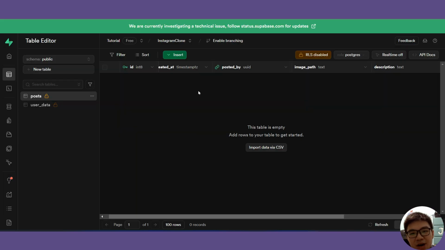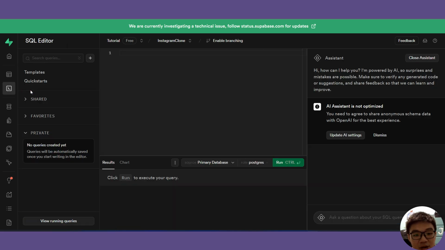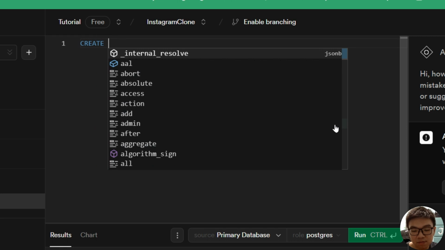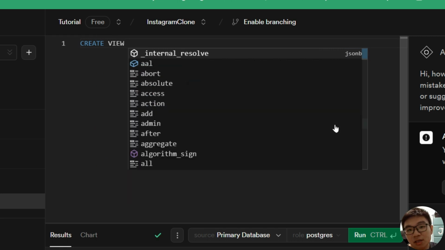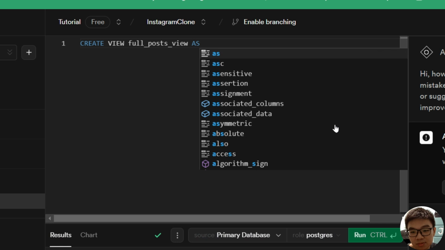Alright, so let's see how we can create a view in Supabase now. So I'm in my Supabase table editor, and to create a view, I actually want to go to this SQL editor over here. And now in our SQL editor, we have to write a few lines of code, but don't worry, it's very simple and I'll go through it slowly step by step. Alright, so we can start by typing in create view, and then we can give our view a name. I'm just going to call it full post view. And then we type in as,